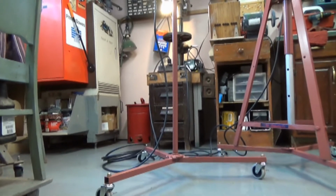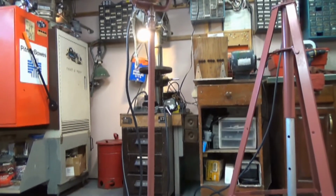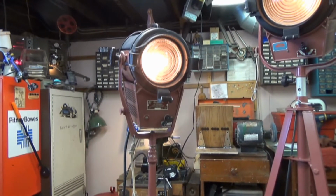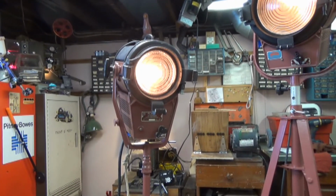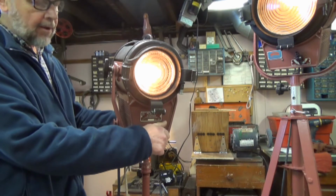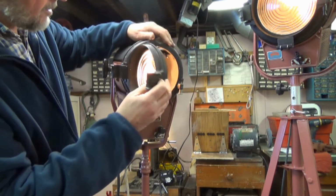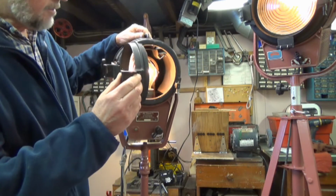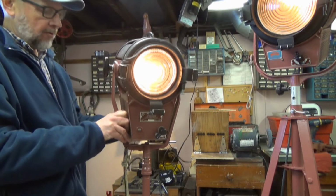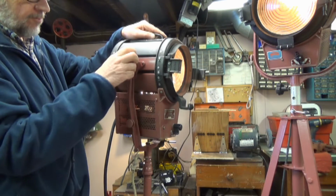On the Baby Junior Solar Spot, I fabricated a light stand which fairly closely resembles the original piece. This is the Baby Junior, which I have powered up on a dimmer, and I'll show you some of the features of this light. First of all, it has a spot to flood adjustment front and back. It has a Fresnel lens, and the lens swings open to get access to the lamp. The unit can pivot up and down on a thrust bearing type washer,